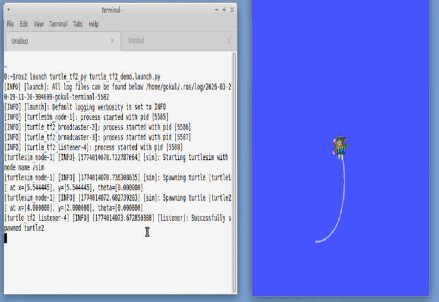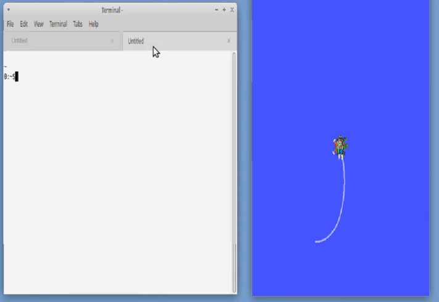Now, what you need to do is open one more terminal, and you're going to type in some command, so that with this command you can control the movement of turtle 1. So you're going to make turtle 1 move here and there. So the command is ROS2 run turtlesim, right? So we're going to type turtle_teleop_key, right? So this is for teleoperation, and you're going to make use of the keyboard,